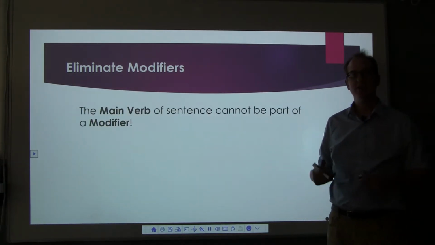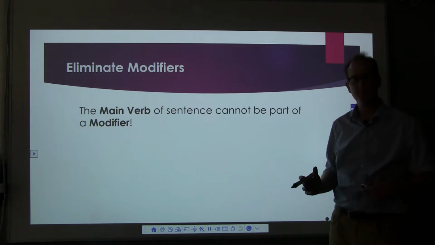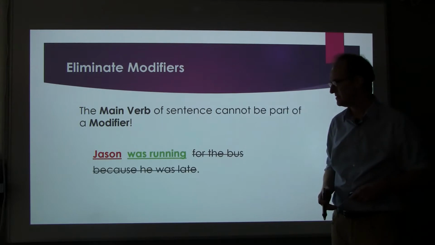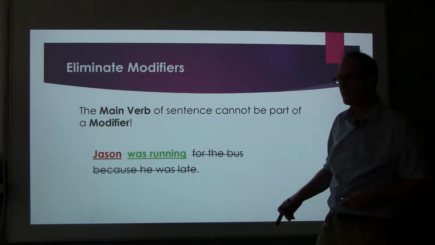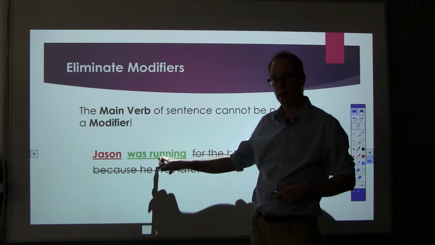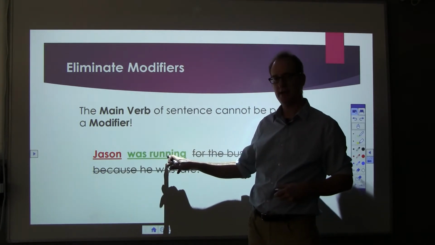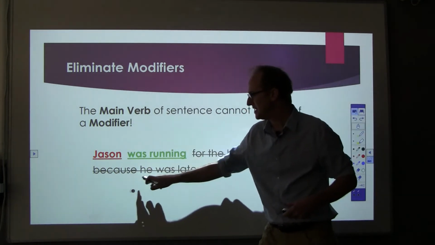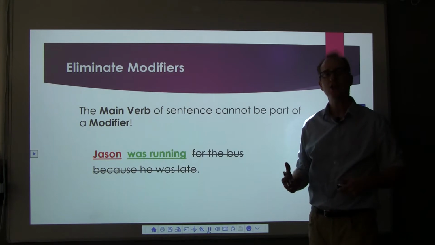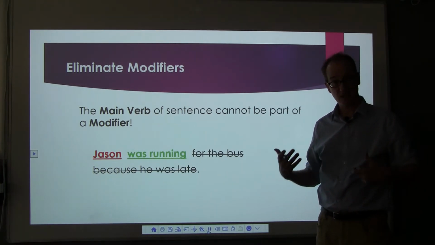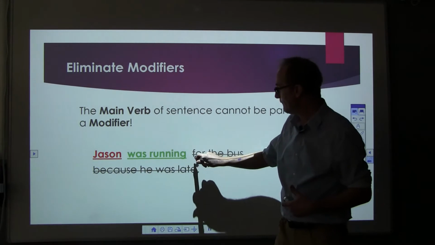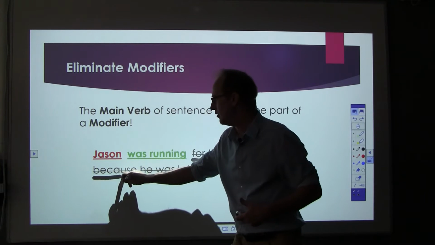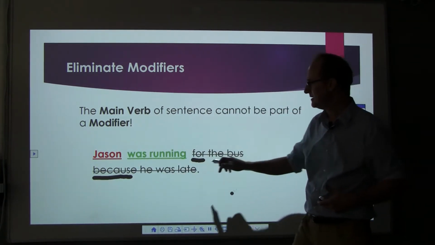Eliminate modifiers, because the main verb of a sentence cannot be part of a modifier. So for example, Jason was running for the bus because he was late. So here, our main verb is was running. Notice it has a helper and an action. Our subject is Jason. For the bus, and because he was late are modifiers. We know when we played with the Sentence Discovery app that for always begins a modifier. And the word because always begins a modifier. We can eliminate those